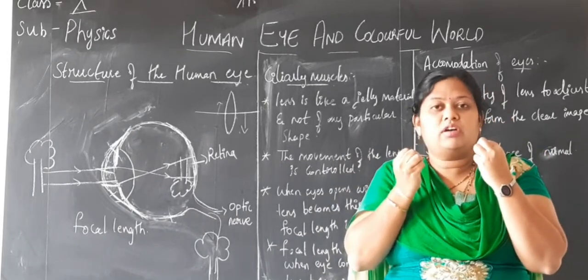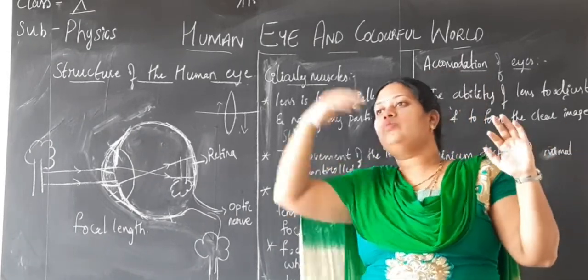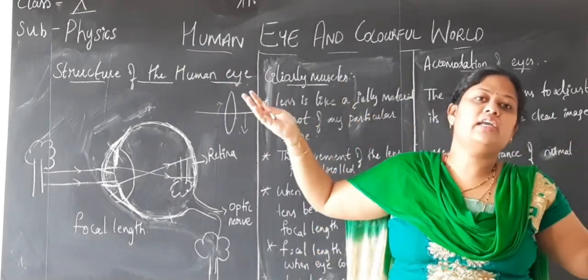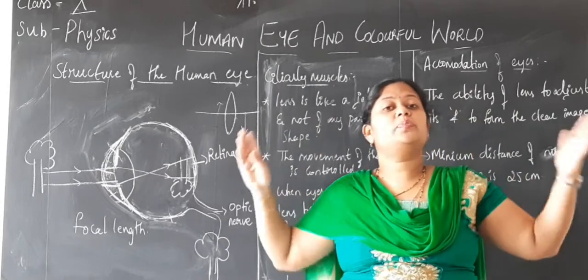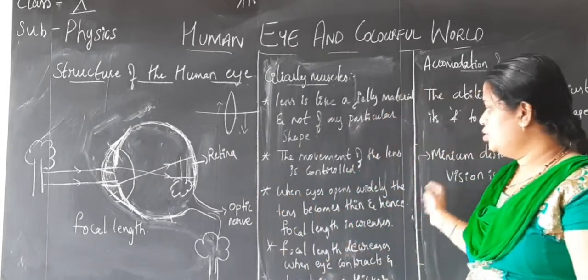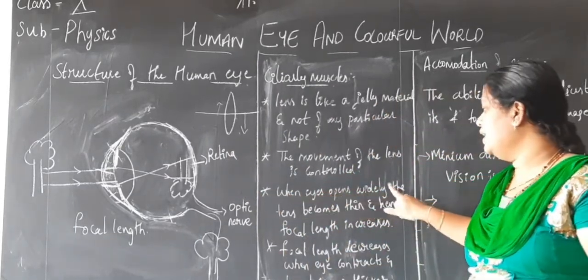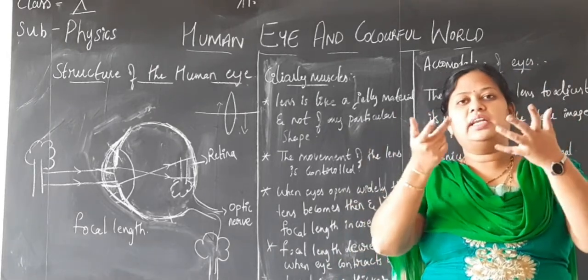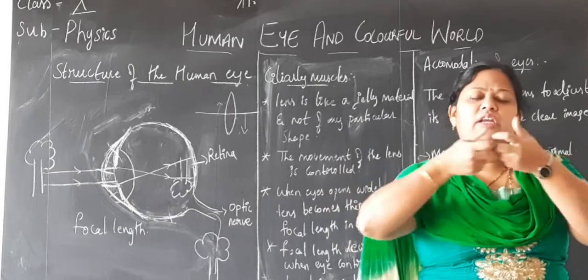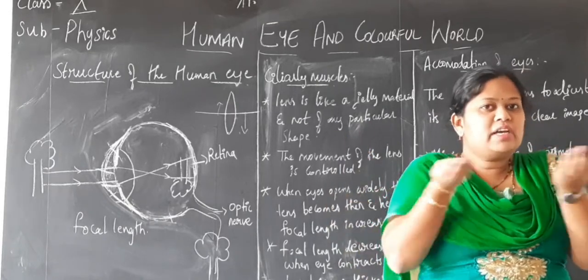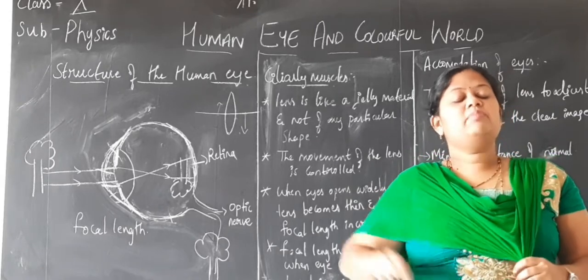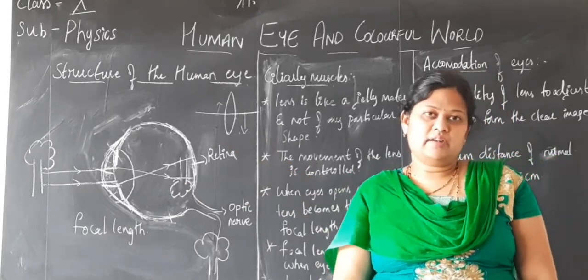The lens will contract. And if you want to watch some faraway objects, you widely open your eyes, which means the eye is getting relaxed. Expanded, isn't it? So when the eye opens widely, the lens becomes thin. Just imagine a jelly in your hand, and you're expanding it. When you're expanding, what happens to its structure? It becomes thinner. When you try to contract it, it becomes thicker. The same thing happens with our lens as well.